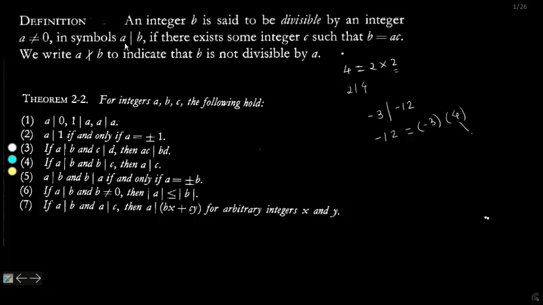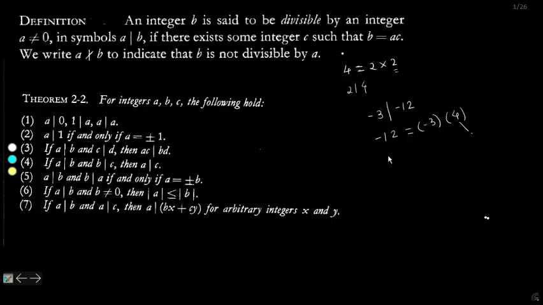See here, a divides b or b is divisible by a. The integer which divides must be non-zero. We have taken that the integer must be a non-zero integer, so 0 cannot divide any other integers. In notation, we write a divides b if and only if b is a multiple of a, called a divides b, or b is a multiple of a, or b is divisible by a. All these phrases have the same meaning.